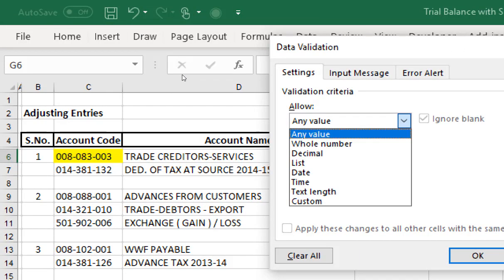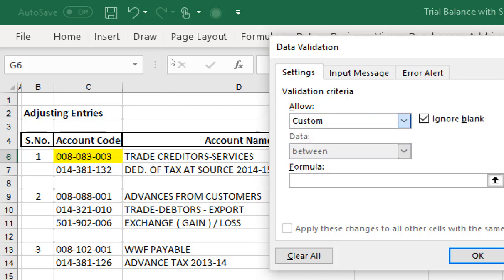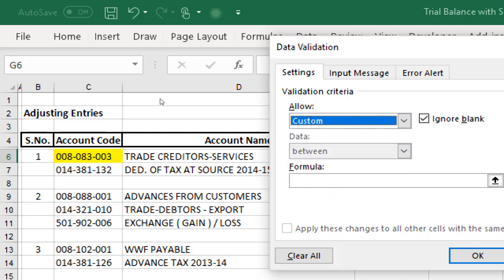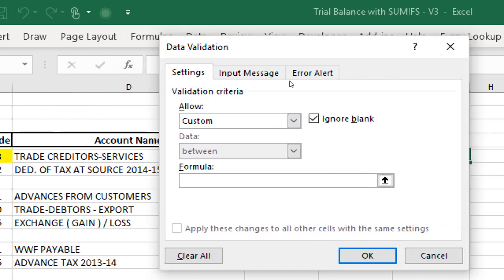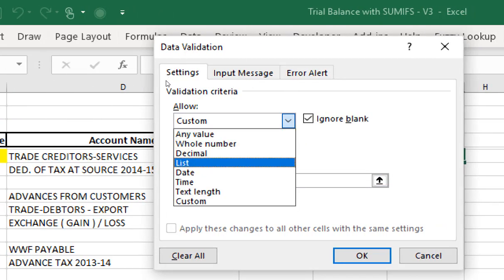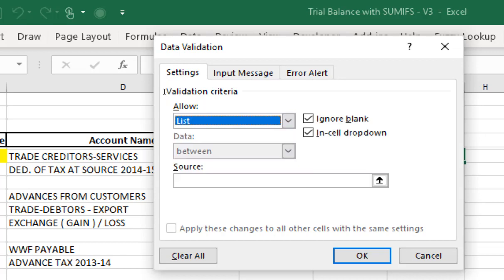Here you will select list, not custom, and I'm writing yes comma space no.